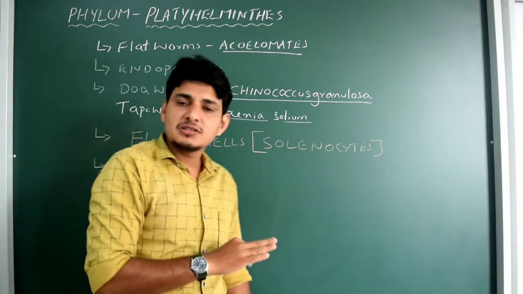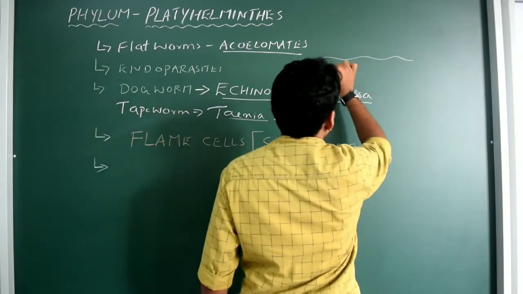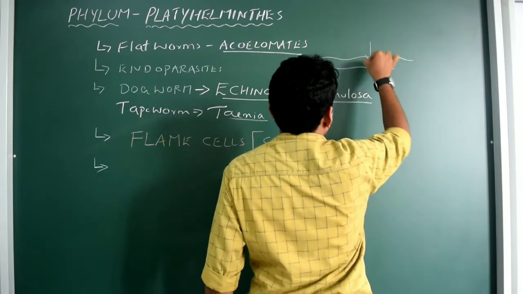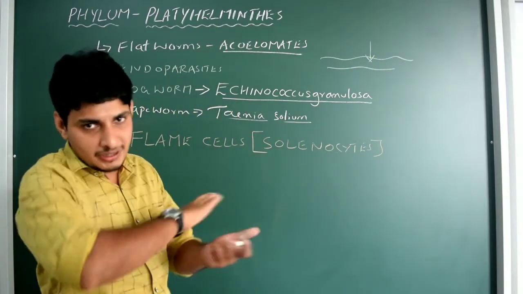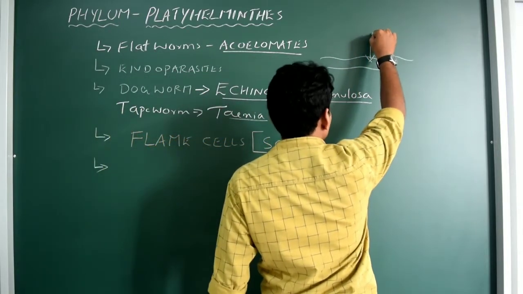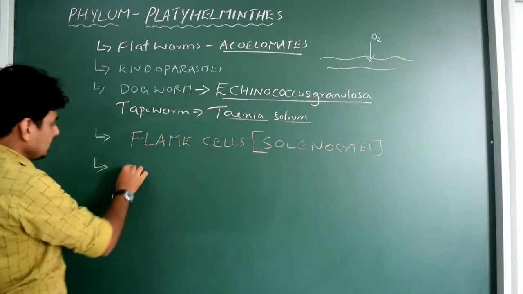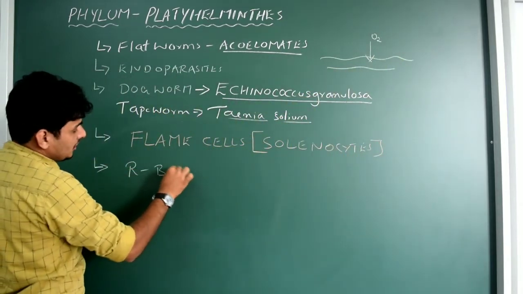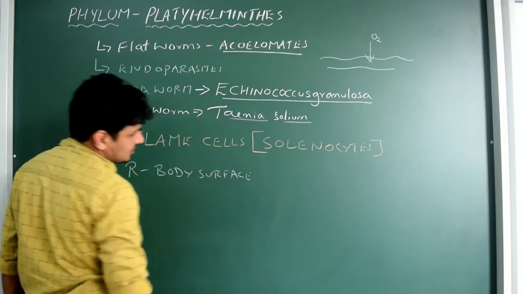Now we study about its respiration. Normally Platyhelminthes respire through their body surface. That is simple diffusion. So this is the organism. If you remember the model prepared by me in the regular class and I showed it, how exactly the organism looks. You know about it. So their respiration is always through simple diffusion, that is through body surface. So we write here: respiration is through body surface in the majority of Platyhelminthes.